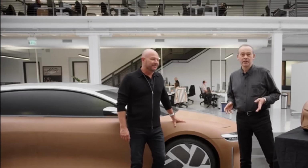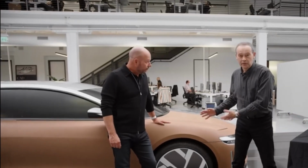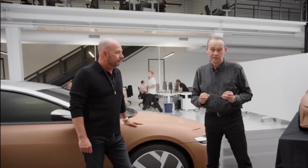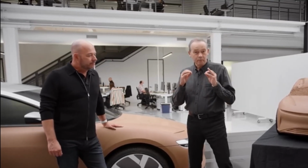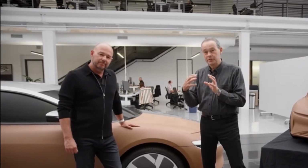So whilst Derek and his team were developing the design theme of the Lucid Air, this exterior form, another team within Lucid was developing the most advanced, most compact electric powertrain imaginable. And with the belief that we'd be able to pull all this together to create the most advanced